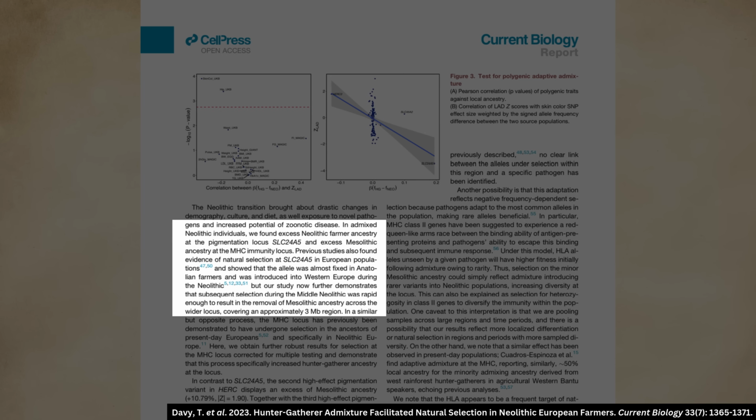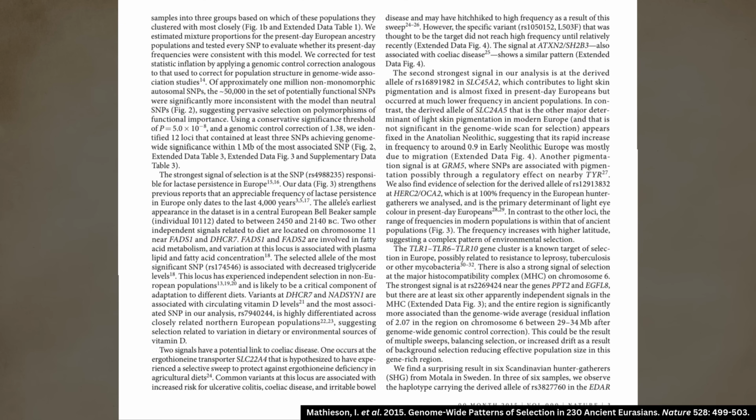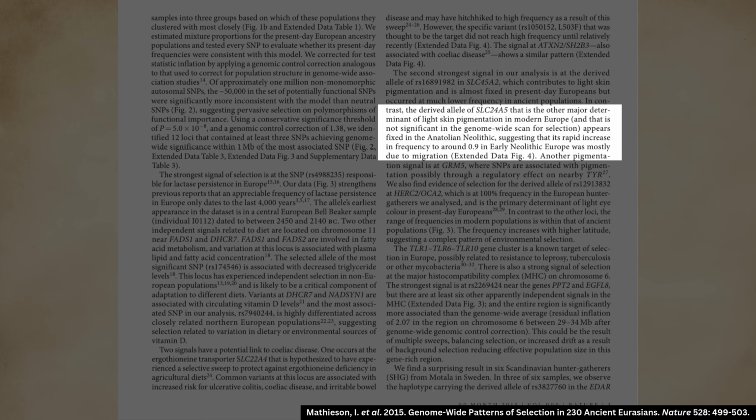SLC24A5. Previous studies also found evidence of natural selection at SLC24A5 in European populations and showed that the allele was almost fixed in Anatolian farmers and was introduced into Western Europe during the Neolithic, but our study now further demonstrates that subsequent selection during the Middle Neolithic was rapid enough to result in the removal of Mesolithic ancestry across the wider locus." End quote. Here is a paper I mentioned previously telling us similarly, the derived allele of SLC24A5, that